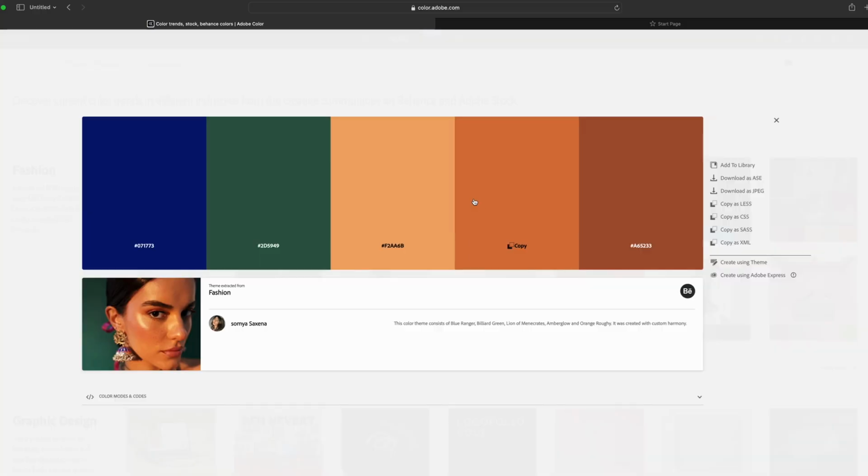So if you want to search something in there, you can go into their trend section and you can actually look at all these different photos that are being created in real time, most of them. And you can see the different color variations on these. Or if you want to look up something like 80s graphics, you can type that in and then various photos will come up with that, with the colors underneath those that are represented in that photo. And the beauty of that is you can download those colors and open them up in Illustrator or Photoshop.